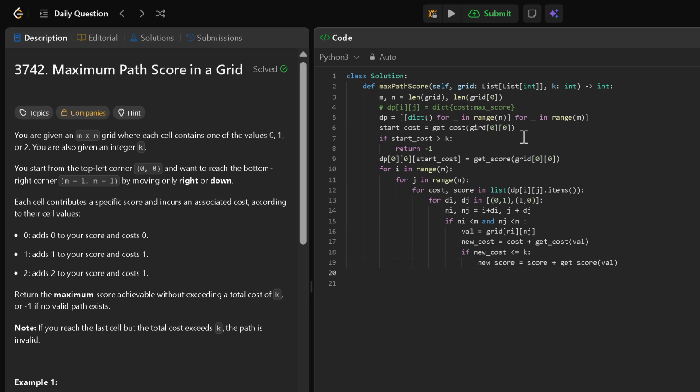We have to write these two functions, and then we will check the condition if new cost not in dp of ni nj, then we have one more condition here, sorry, condition is that if the value of dp ni nj and new cost